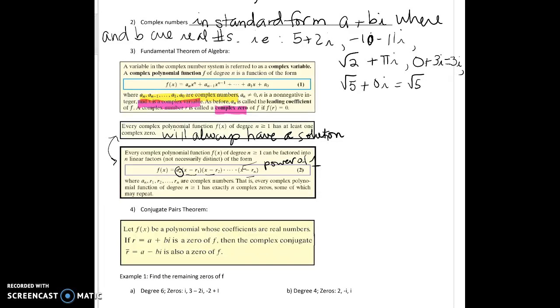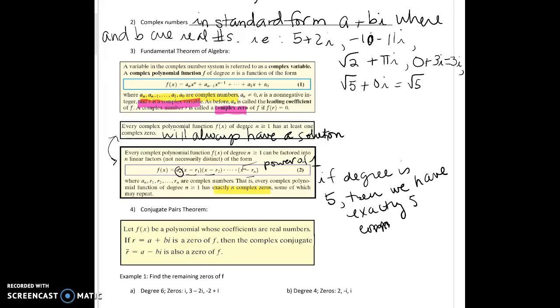That is, every complex polynomial function of a degree 1 or bigger has exactly, and this is so important, exactly n complex zeros. Okay? So what this means is if degree is 5, then we have exactly 5 complex